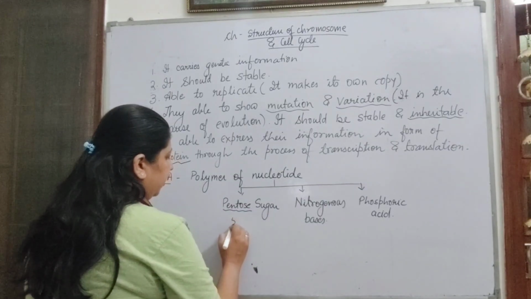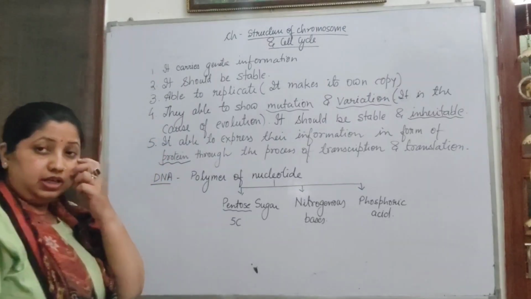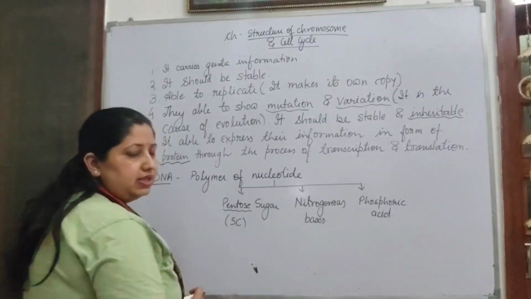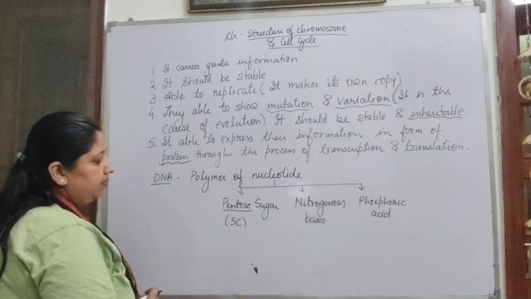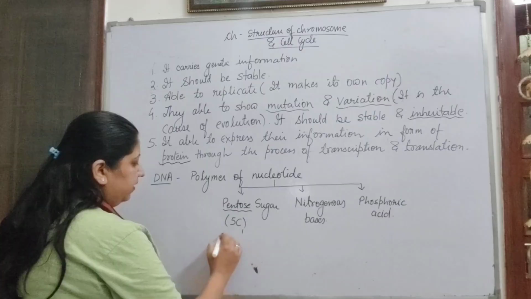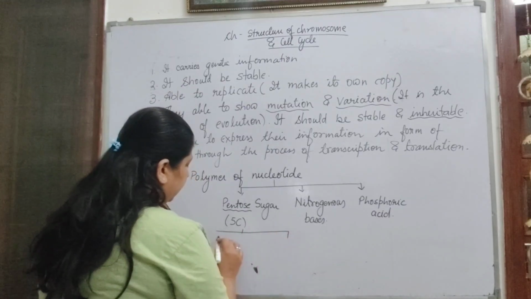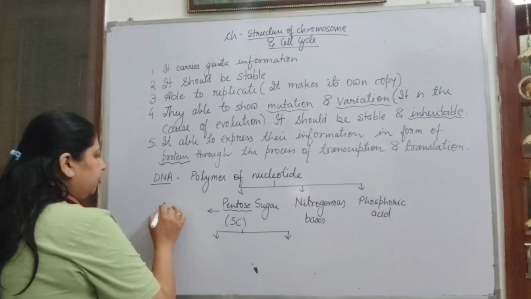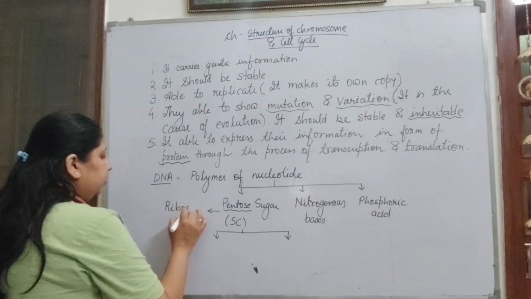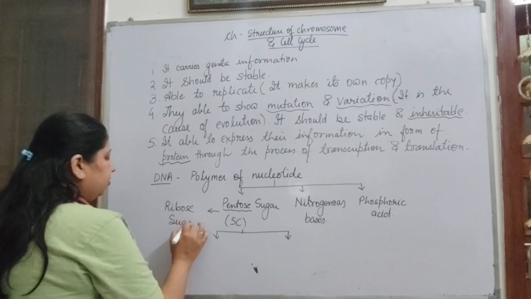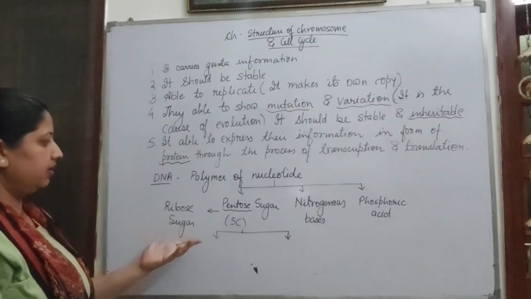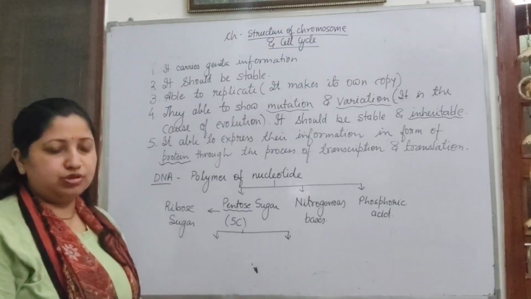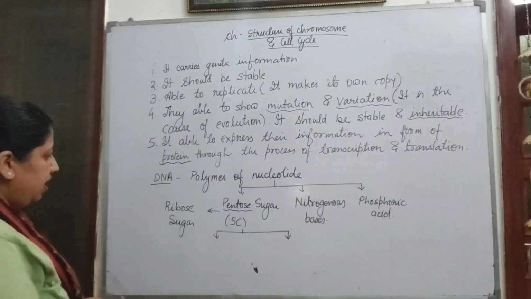पेंटोज का मतलब होता है 5 कार्बन। इट मीन्स ये जो शुगर है वो कितने कार्बन का है? ये 5 कार्बन का है। ठीक है, और नाइट्रोजनस बेसिस के बारे में बात करेंगे और फॉस्फोरिक एसिड के बारे में बात करेंगे। तो यहाँ पे जो शुगर है 5 कार्बन का वो 2 तरह का शुगर है। जैसा मॉलिक्यूल होगा वैसा शुगर होगा। इस पेंटोज शुगर को हम रिबोज शुगर भी कहते हैं। रिबोज शुगर, दैट इज 5 कार्बन शुगर, क्योंकि 5 कार्बन का है तो हमने क्या नाम दे दिया? पेंटोज शुगर। एग्जैक्टली इसका क्या नाम है? रिबोज शुगर।